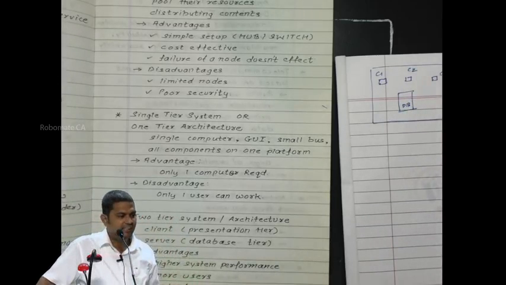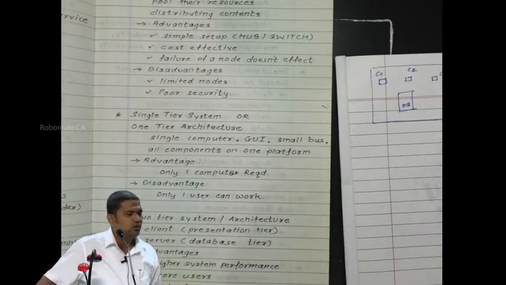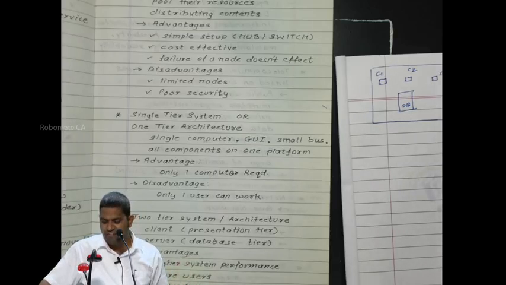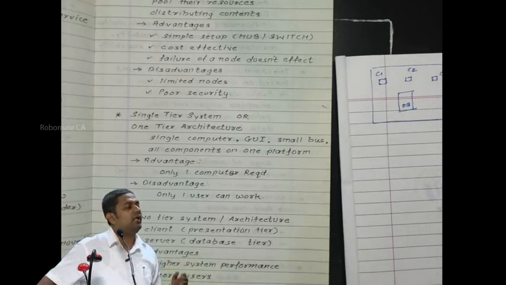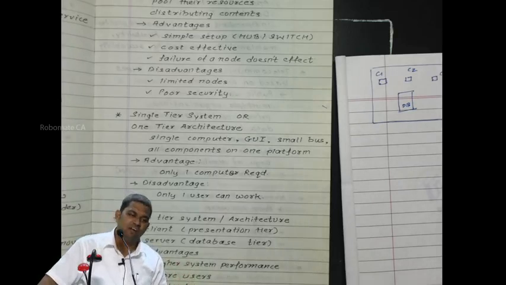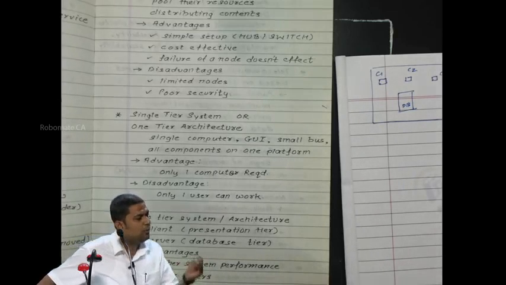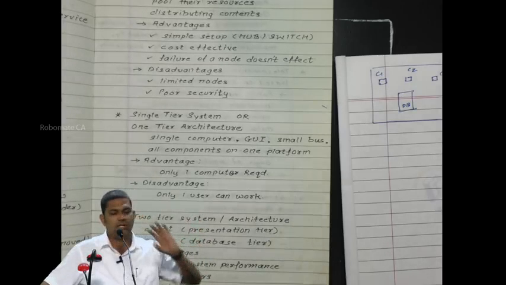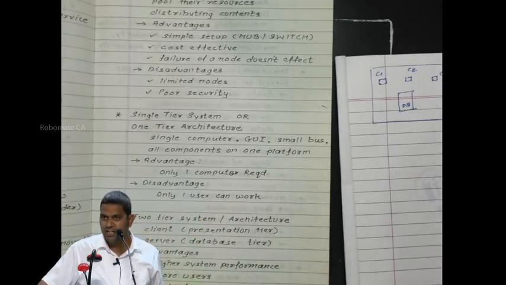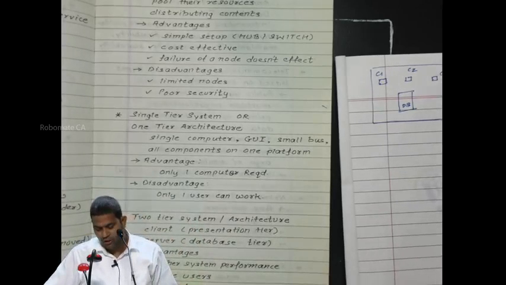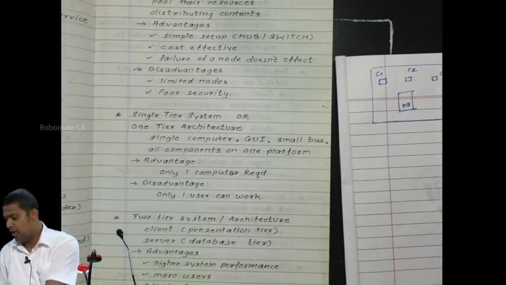And what is the advantage? Only one computer required. So he need not spend more on hardware and computers. And what is the only disadvantage? If there is only one computer, only one person will be able to work with it. That's why we said it is used only by small business organizations. Understanding? Okay, we are now moving to the next one, and that is called as a two-tier system or a